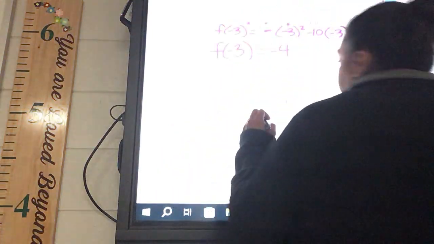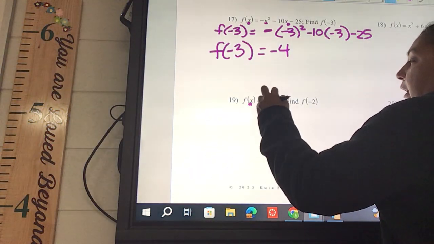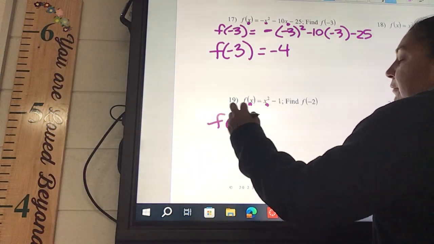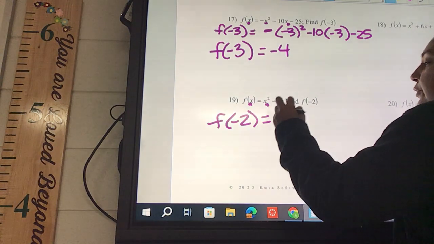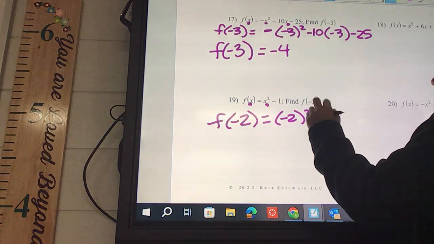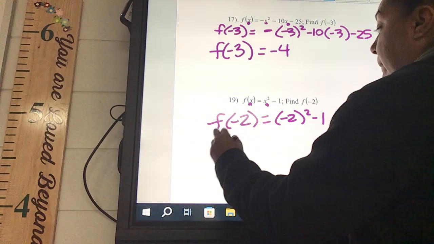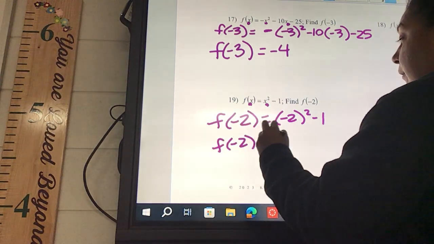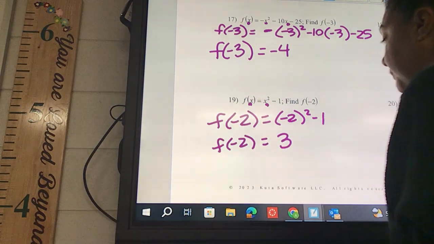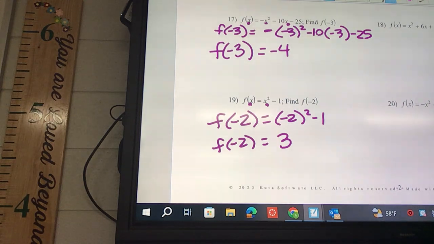Last one, 19. Everywhere there's an x, I'm plugging in a negative 2. So we got f of negative 2 equals parenthesis negative 2 squared minus 1. Okay, you guys got 10 to do, go through and get them done. Definitely the front